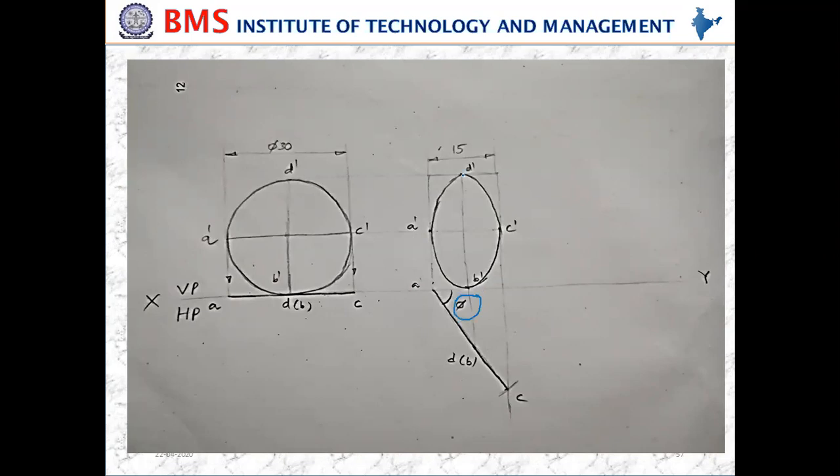After finding this, the projection is drawn from D dash, B dash to get the points D and B. Next, he has told clearly that the major axis is parallel to both the planes. Now it is parallel to the vertical plane but perpendicular to the horizontal plane. It means that B dash D dash is to be drawn like this, such that the line is inclined to HP as well. So now this is the line which is parallel to VP as well as HP.